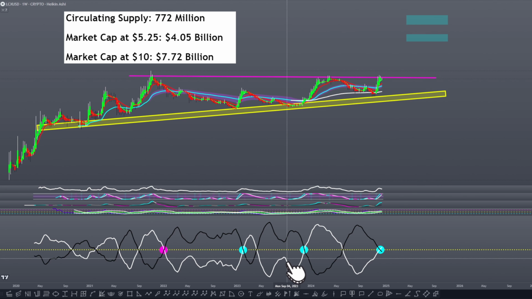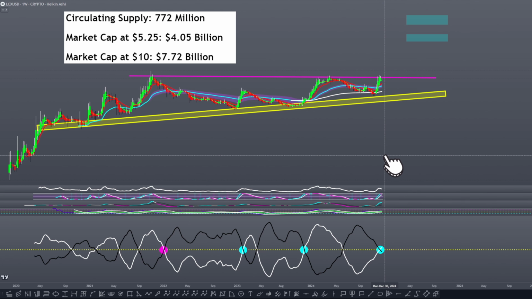Should have anticipated it as well because there was a bullish divergence here on the ASO, building upwards, and the price appeared to be going downwards. We have our 3rd, 4th, and then our 5th cross, most recently in December. From then, you should have anticipated it because the ASO was building upwards and the price was going downwards. You could have bought a move from around 9 cents all the way up to 40 cents. It would have been a very good move to catch, and it could potentially go higher.